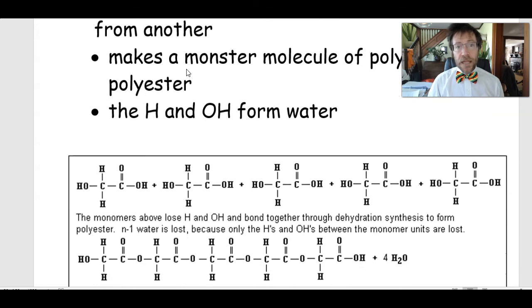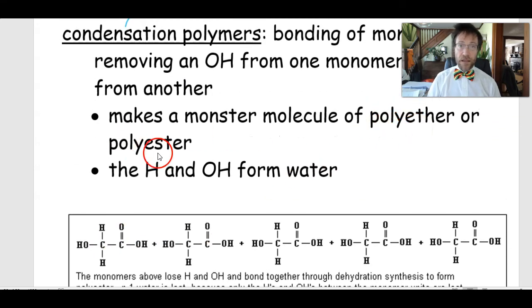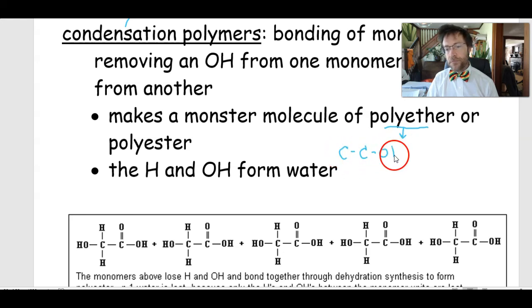So we are going to look at the process of making a monster molecule of polyether or polyester. Yeah, you can make ethers or you can make esters. Here's how you make an ether. I don't think we talked about this one yet. It's where you take two primary alcohols, you get them close to each other, and the two hydrogens and an oxygen break off and make H2O. And the leftovers, like this bond here and this oxygen bond, flop around in space,